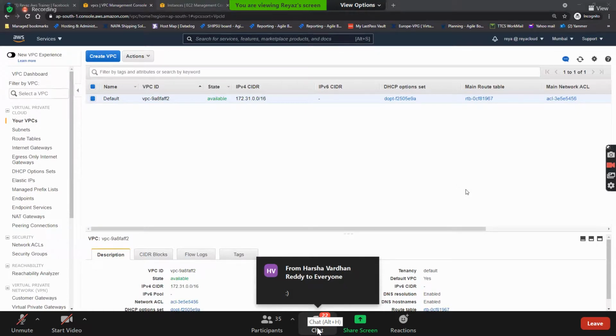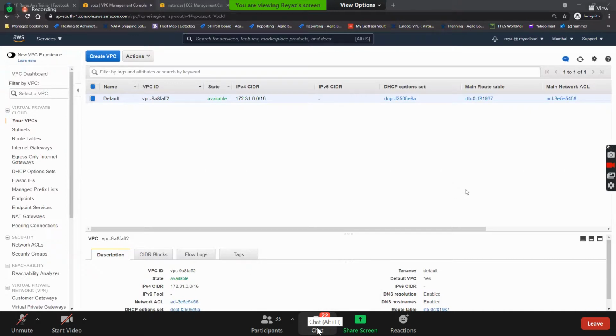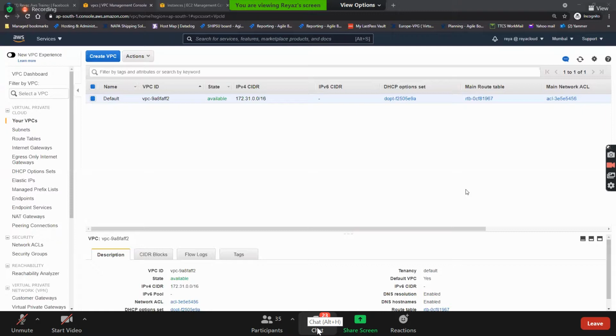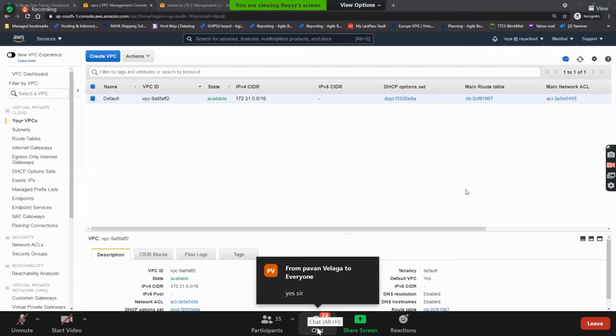Guys, I just wanted to help the other upcoming students, of course, who wanted to find out the real thing. So people are asking for Redshift also, right? Yes, I will provide the document on Redshift, Pavan. It's about the same thing as how we did RDS, ElastiCache and all. We just need to create the Redshift and give it to the developers. But if you need, I can send the document on it. Is that okay, Pavan? Nice.